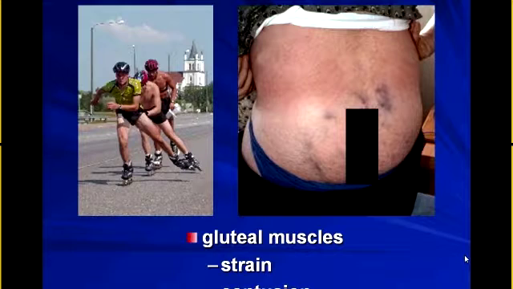But the strain will follow the theory of selective tissue tension testing, in that there will be pain with hip extension and pain with passive stretch, in the case of glute max. Contusion tends to be more superficial, and again,